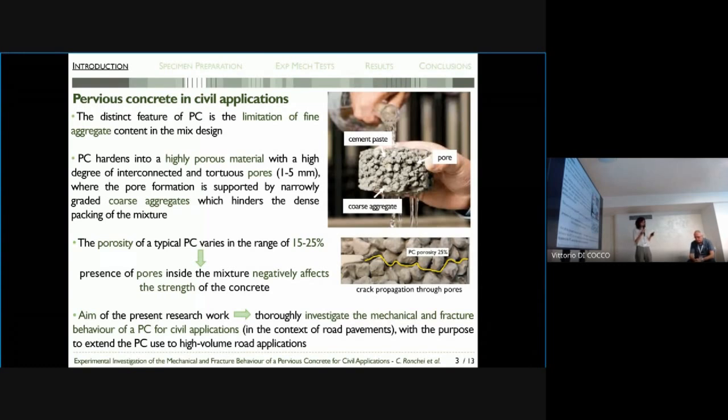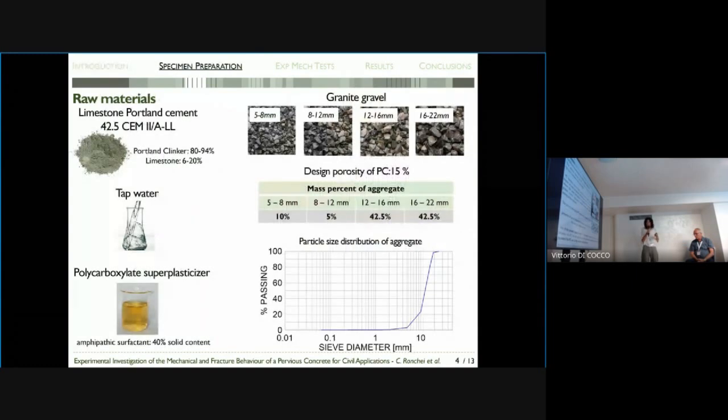However, as is well known, the presence of pores inside the mixture negatively affects the strength of the concrete. Therefore, the aim of the present research work is to thoroughly investigate the mechanical and the fracture behavior of a PC for civil applications, especially in the context of road pavements, with the purpose to extend the PC use to high-volume road applications. First of all, I would like to show you the experimental campaign performed at the laboratory of